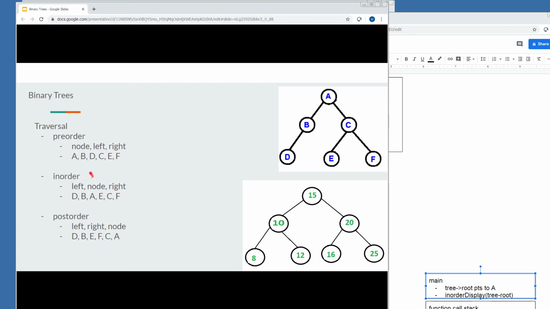Let's look at the in-order traversal first. For the in-order traversal, we consider in the following order the left part of the tree, the current node that we're at, and the right part of the tree. So if we start at the root node, which is where these traversals start, we first want to consider the left part of the tree. So we go down to